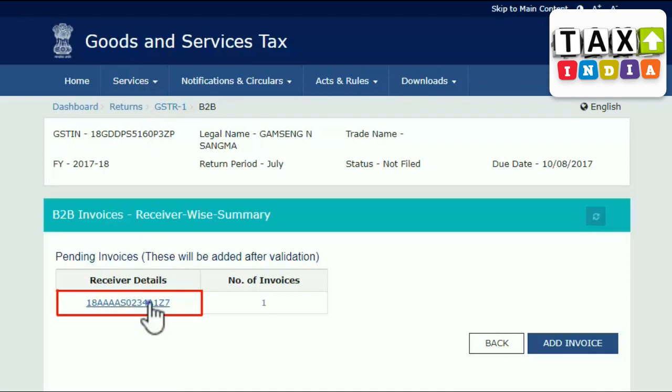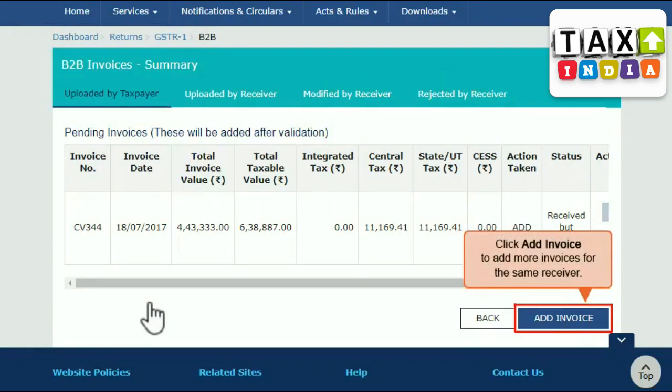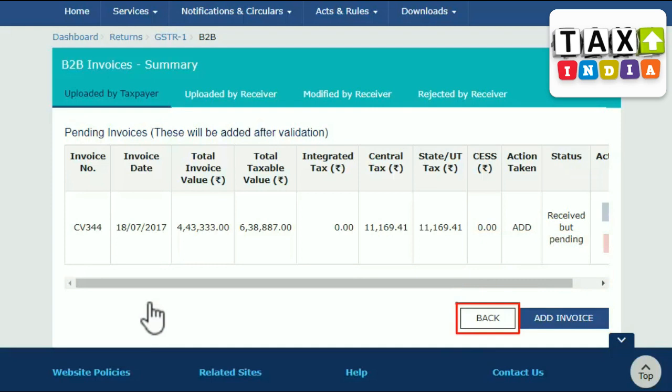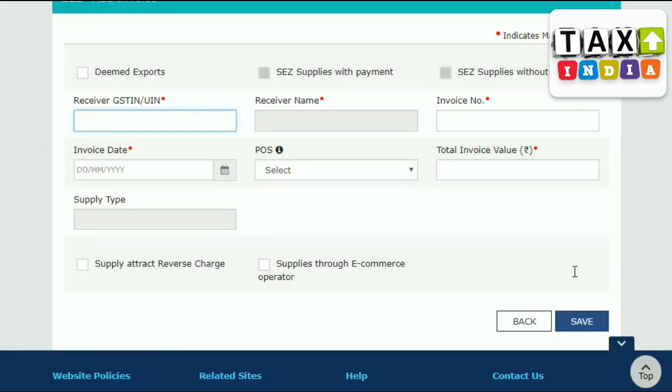visible. If you want to add more invoices for the same receiver, you can do so by clicking the Add Invoice button here. To add invoices issued to other receivers, go back to the previous screen and click the Add Invoice button like before. On the Add Invoice page that opens, enter the GSTIN or UIN of the receiver taxpayer and move to the next field either by using Tab key on your keyboard or by clicking into the next